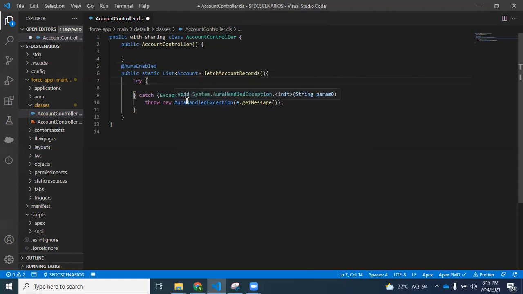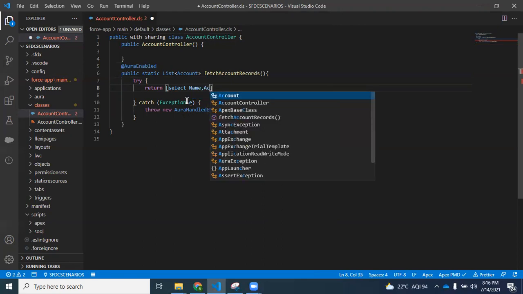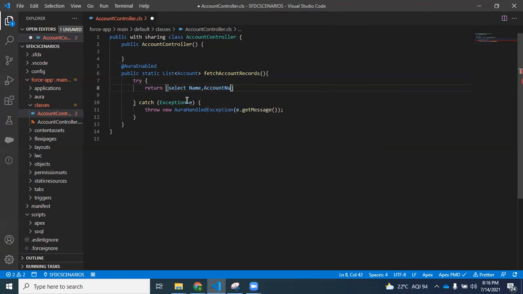Now in the try block, I'm going to return account records. I'm going to display the name and account number from the account object. Now I want to restrict the record count. How to restrict the record count?